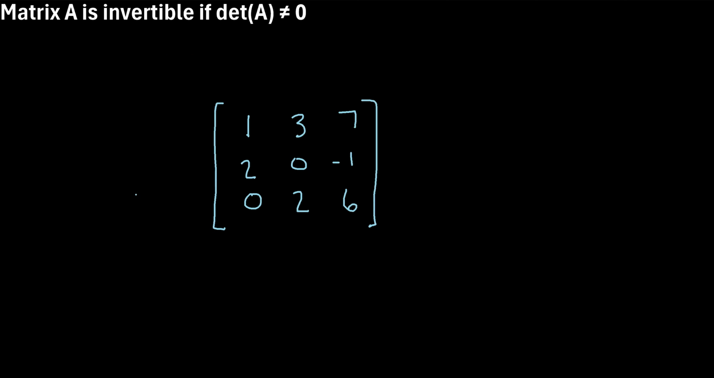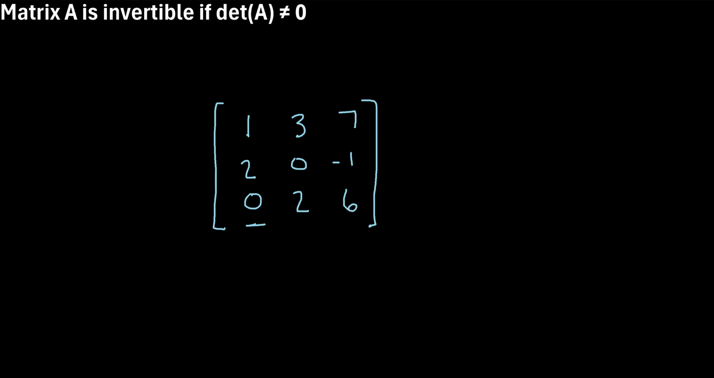Okay, let's try one more example. In this case, we have a 3 by 3 matrix. So how can we determine if this matrix is invertible? Well, once again, we're just going to calculate the determinant of this matrix and see if it's equal to 0 or not. So there's actually a cool trick that we can use to calculate the determinant of a 3 by